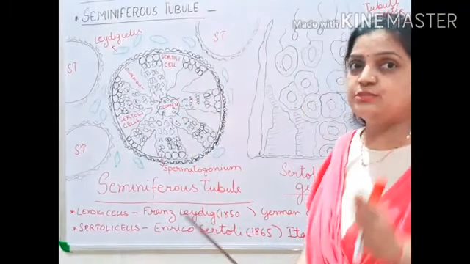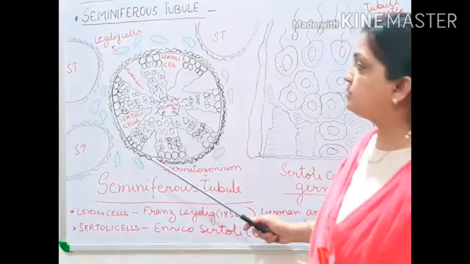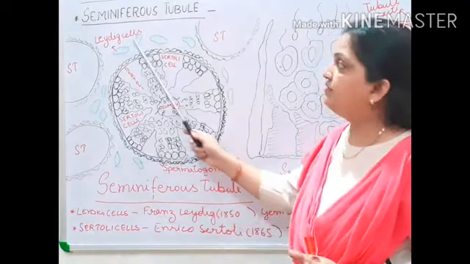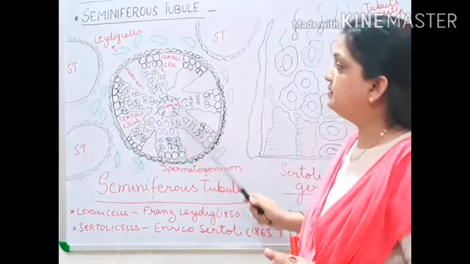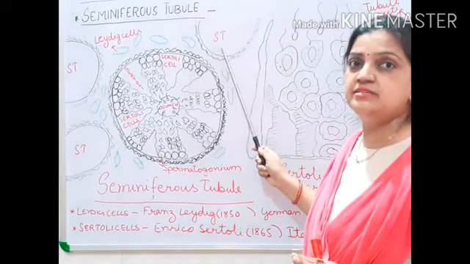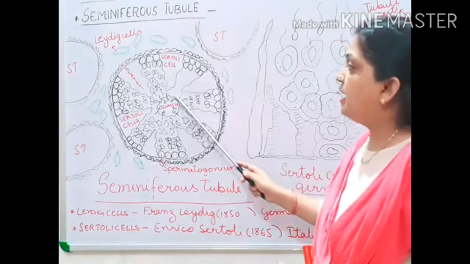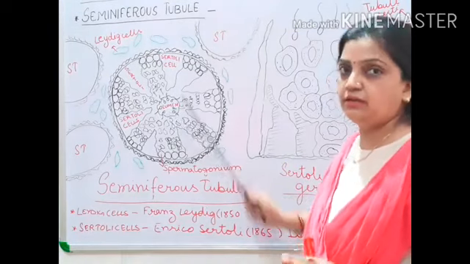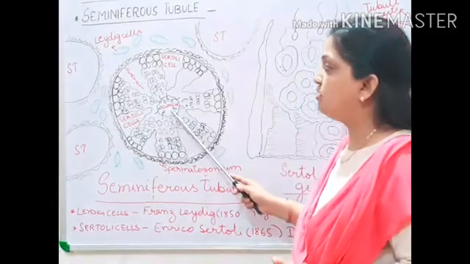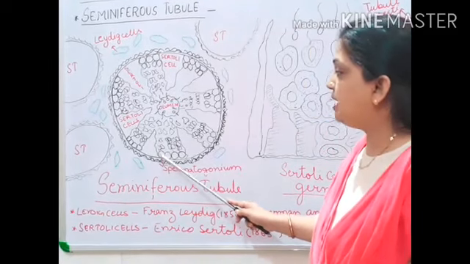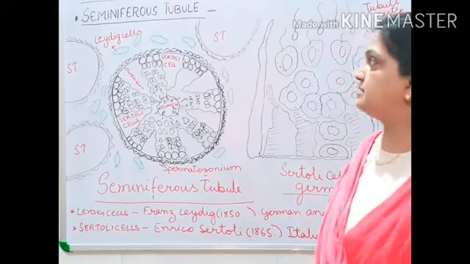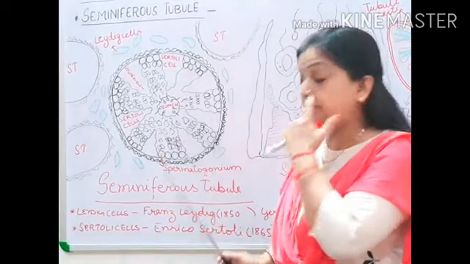Now, what are the things we are going to study in this? We are going to study Sertoli cells. You can see I have written inside the diagram Leydig cells. Then this complete structure is the seminiferous tubule. I have written ST over here. ST means seminiferous tubule. Then I have drawn in between a small lumen. Lumen means small cavity, small opening, vacant space. So this is your lumen. Then you can see I have drawn small ball-like structures. These small balls are spermatogonium cells. These are a few things which are very important to know.